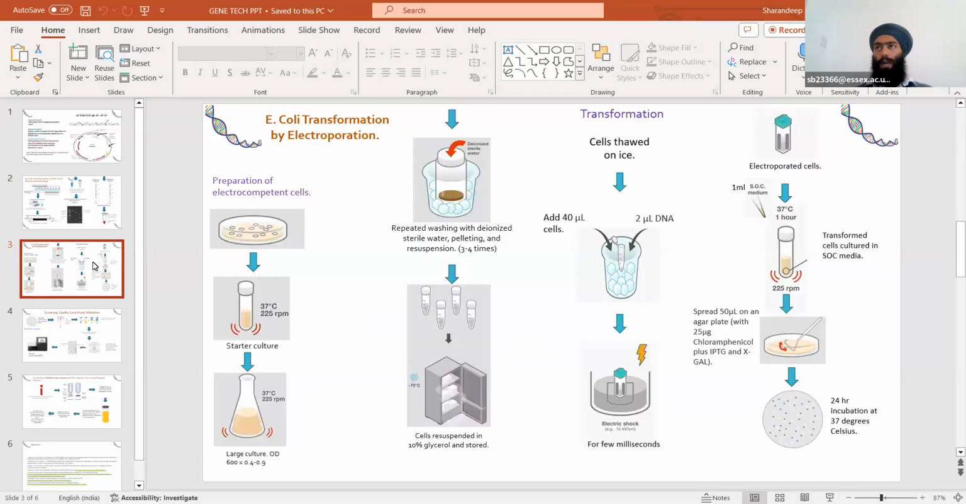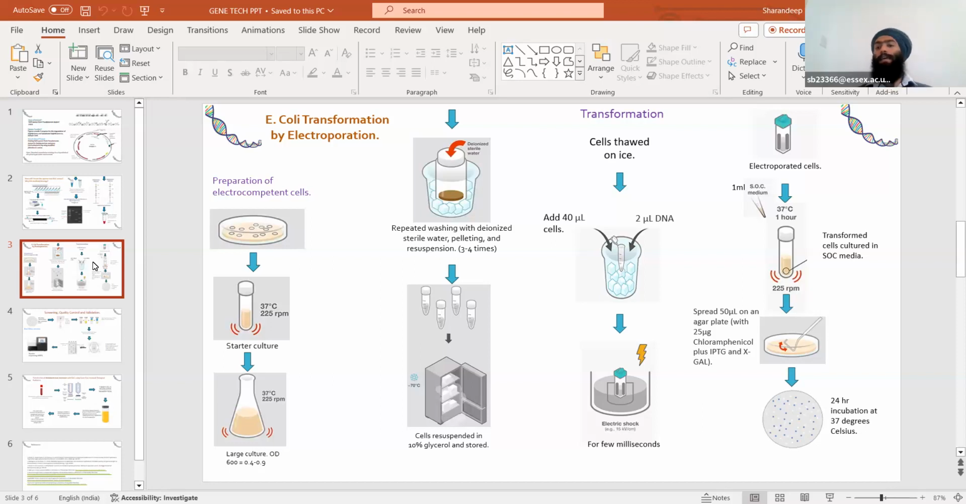Next, how I have transformed the E. coli. Well, there are two methods, that is electroporation and chemical method. I decided to go with electroporation because it is highly efficient. The first step was the preparation of the electrocompetent cells. As I prepared the electrocompetent cells, the next step was the transformation of the E. coli. So for transformation, I thawed the cells on ice and then added 2 microliters of DNA, that is BAC DNA, to the 40 microliters of cells, and then continued with the electric shock for a few seconds